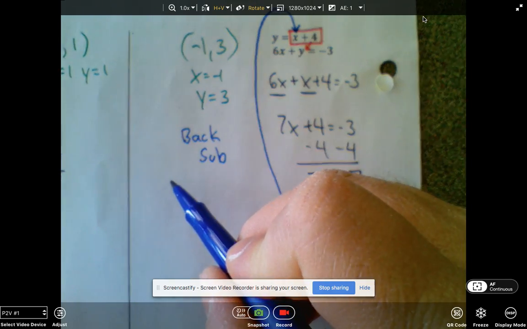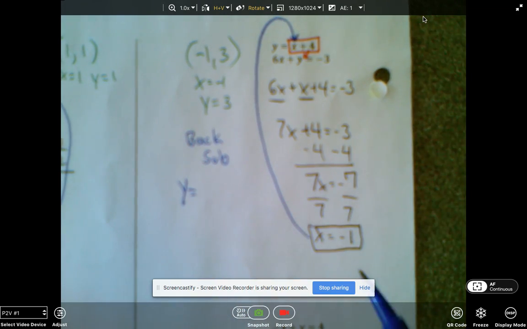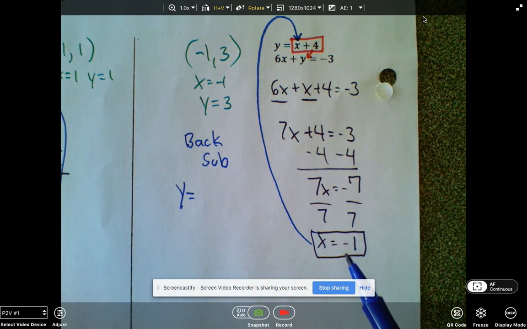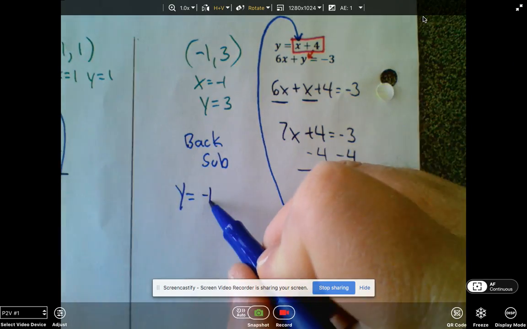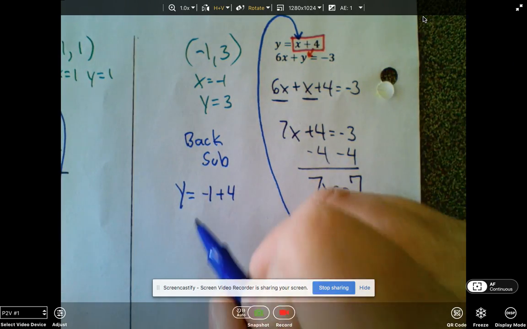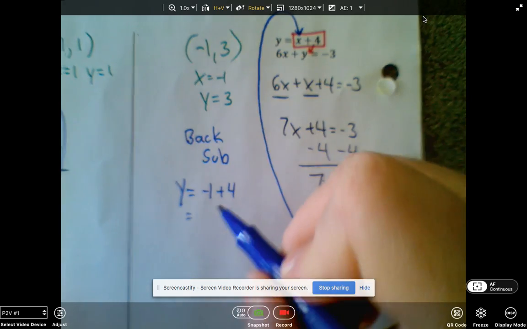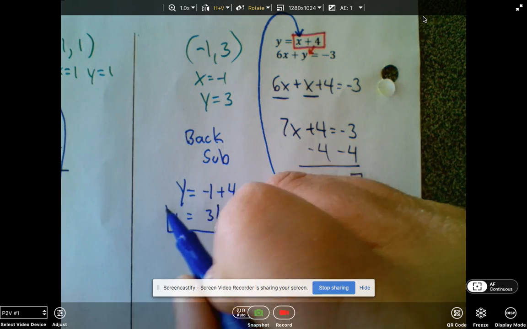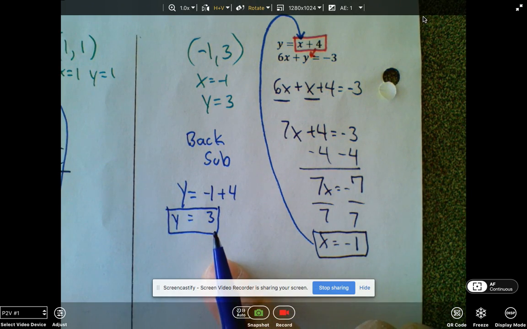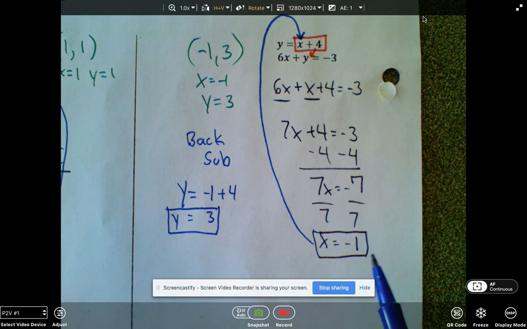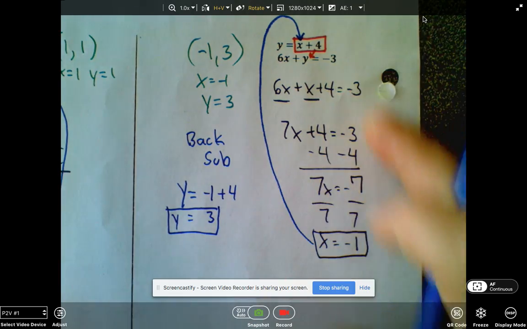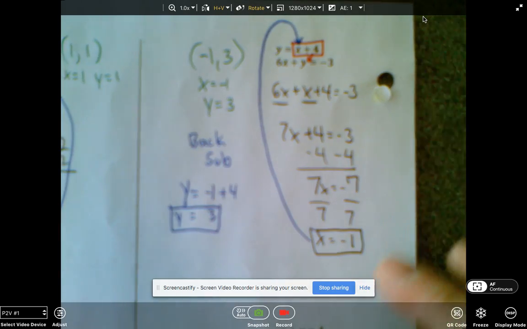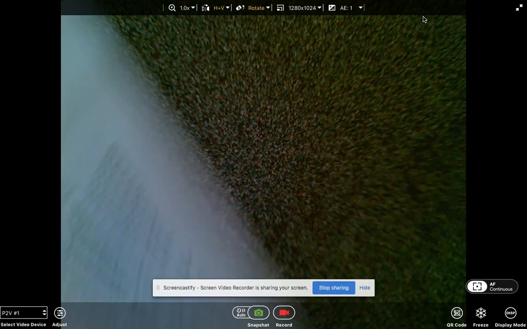So I'm going to rewrite that as y equals, can anyone substitute negative 1 for x? Tell me what it says. Negative 1 plus 4. Negative 1 plus 4 is 3. So there's my solution. y equals 3 and x equals negative 1. Again, this is using substitution, and it gives me the same answer as I got